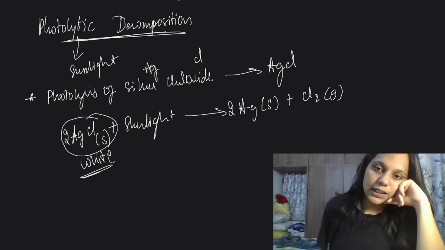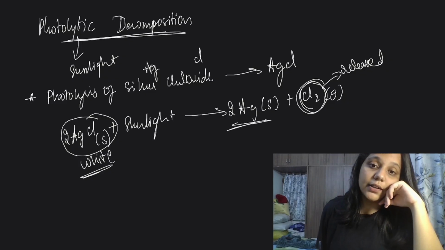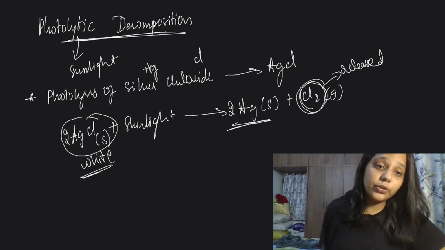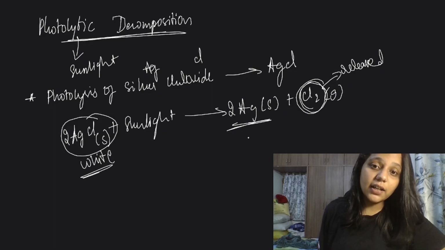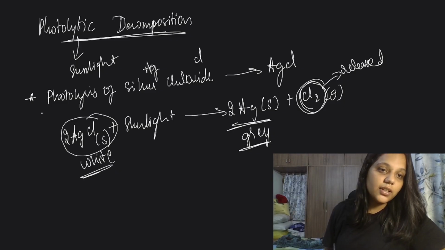There you can see the chlorine is released into the air, and the plate you have kept, which had white color powder, that is AgCl, you will see is now gray in color, which indicates that only silver, that is Ag, is present here. So the same example we can give for